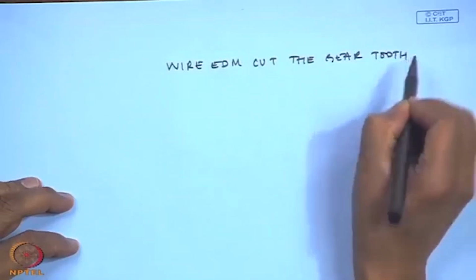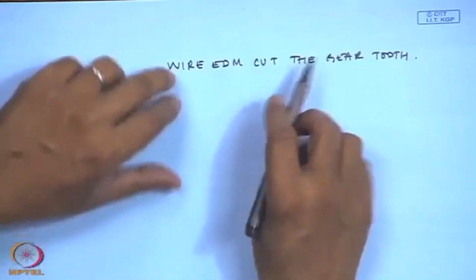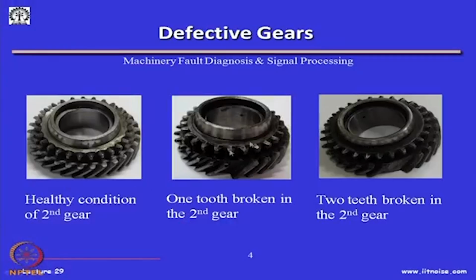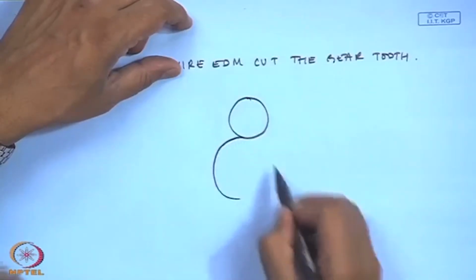Now, the kinds of faults which can happen I will list in the next slide and subsequent slides. So, this is how a healthy gear looks like, and this is what I meant by the flank, the land, the root, and these are all helical gears, and we have removed them. What happens because of the change in the gear tooth, and mind you, when the 2 gears are meshing against each other,